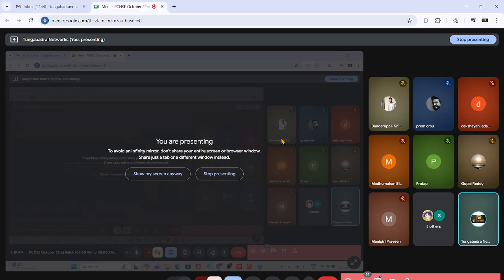I already shared all the images with those who sent the mail. If anyone still hasn't sent an email to me, just share your email ID and I will share the image so that you can deploy it. Whoever received all the images, please try to set up the lab today. Tomorrow we are going to do our first lab for this course, and you can see the basic things required to configure in the firewall. Any questions or clarifications that you need in this session?